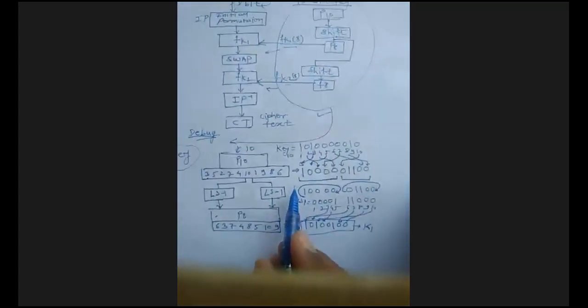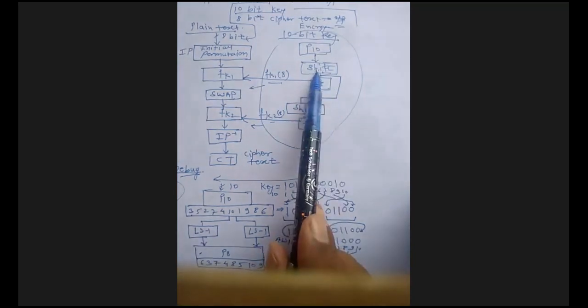See, this is the diagram. That is the first diagram that we have started. The key. So first of all, we have to concentrate on the key. How can we generate the key? Okay, see the 10-bit key. Okay, so that I use. Then P10. Then shift. Okay, here I use the shift.